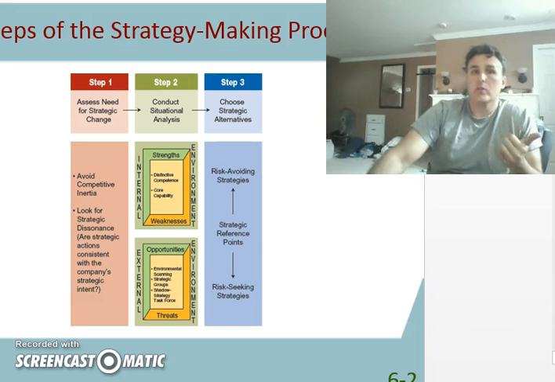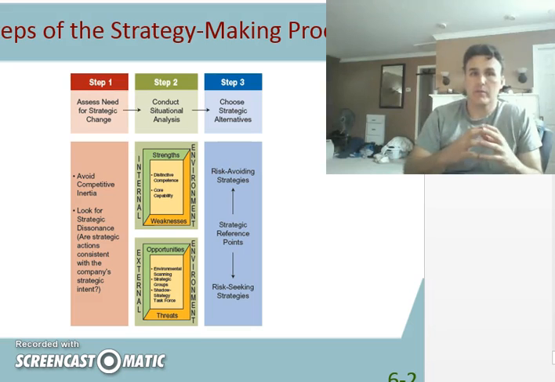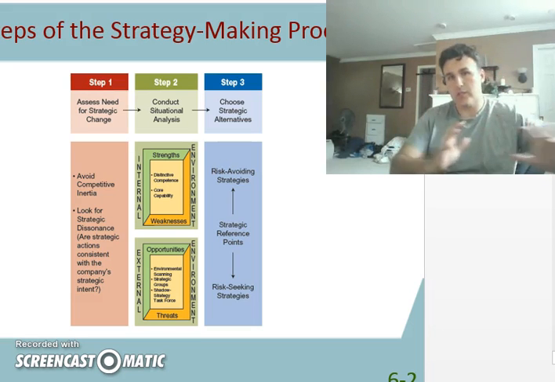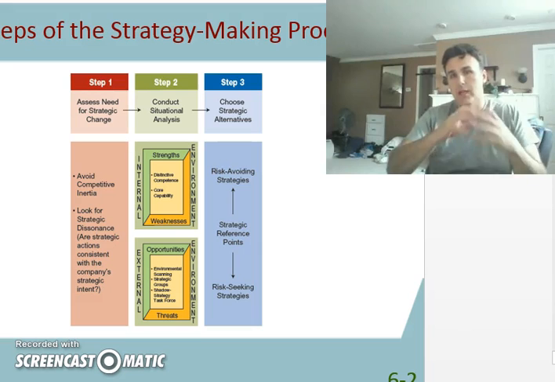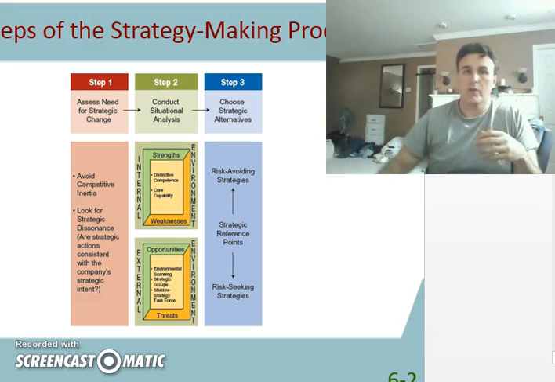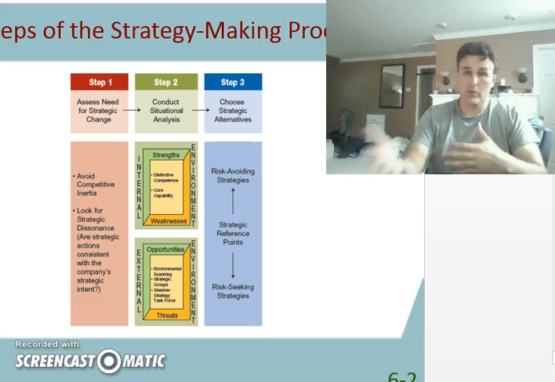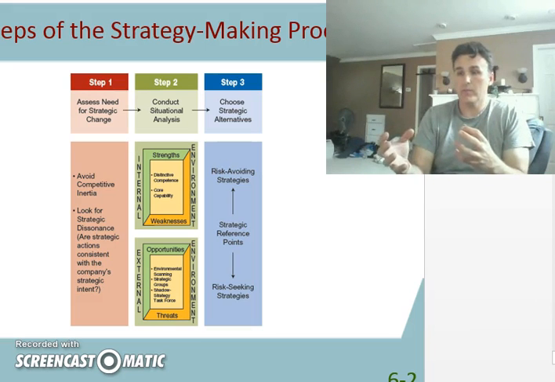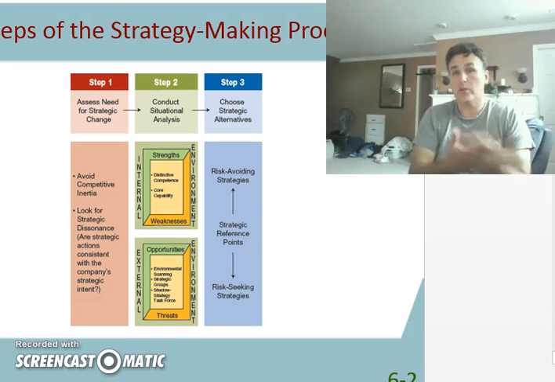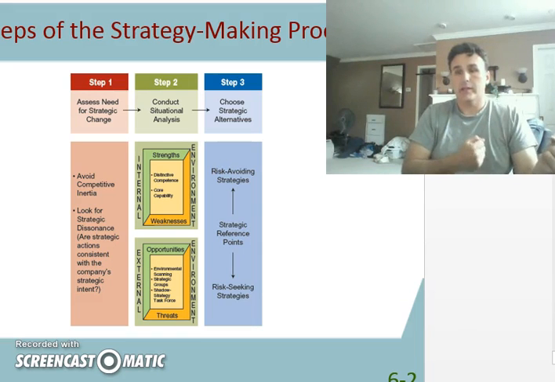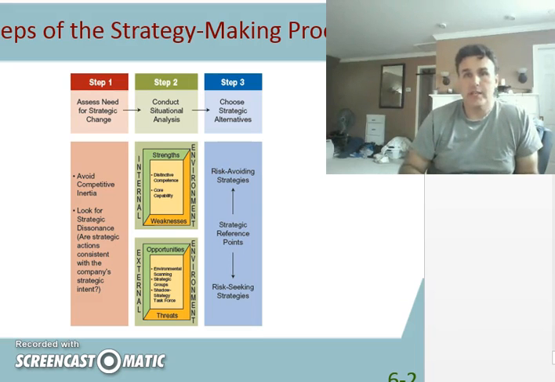So usually we go through this process, we decide this is the way we want to move, we make action plans, we filter it down through the organization, and we're moving in that direction, and then we're tracking that, right? We're controlling, we're looking at how people are performing according to those plans, and at what time do we need to reassess those plans? Well, usually we continue to do environmental scanning, like we talked about before, and we also